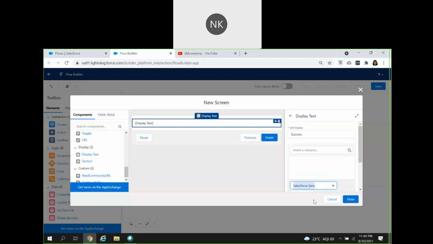Here what we will be doing is something like this: congratulations, record is created successfully in the system and your record details.